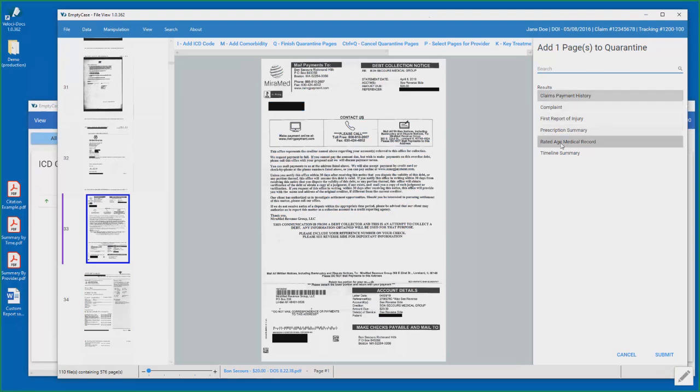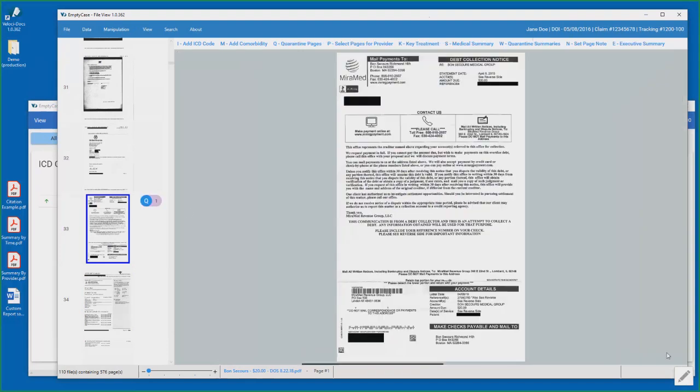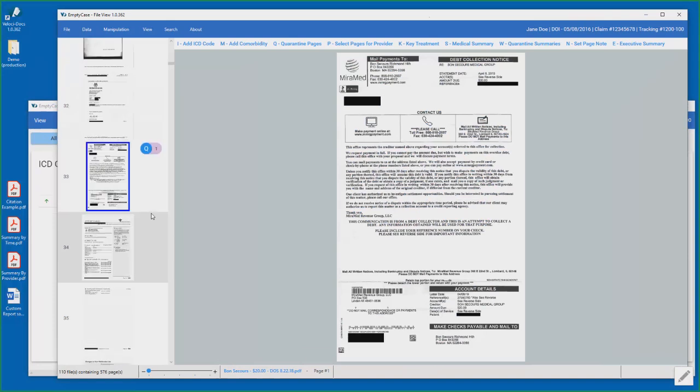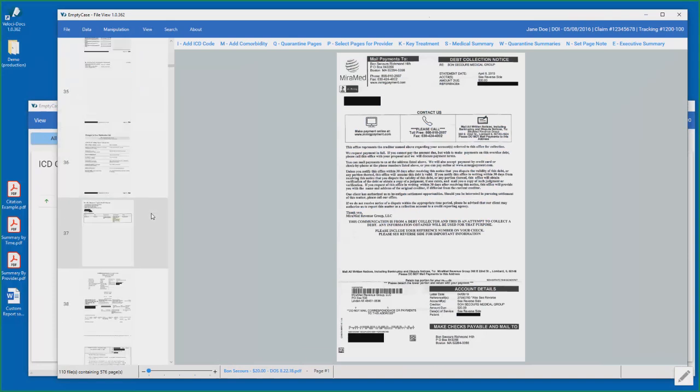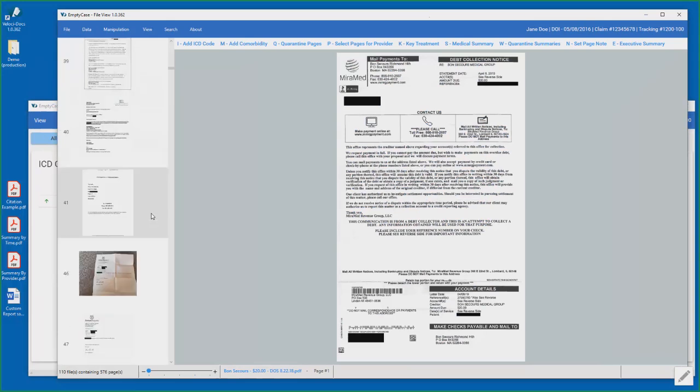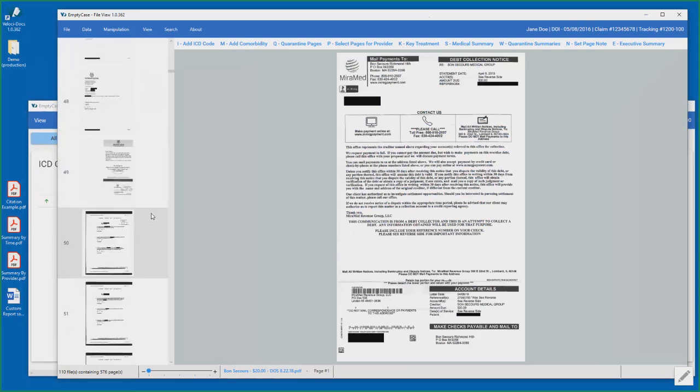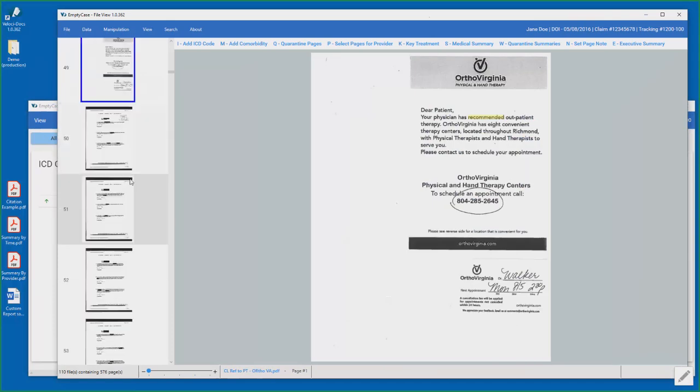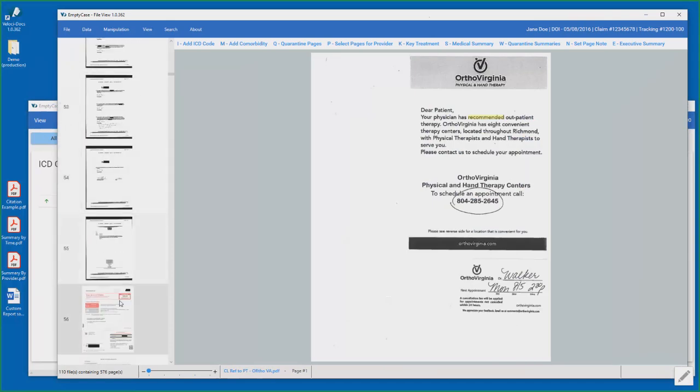So we've pre-populated it with some reasons you might quarantine some records, but you can name the quarantine anything you like. So it becomes a very powerful organizational tool. If I submit that, notice the chip on that page. It indicates that it's added that page to the billing quarantine. As I go through the stack and come across additional billing records, I can add those to the billing quarantine,